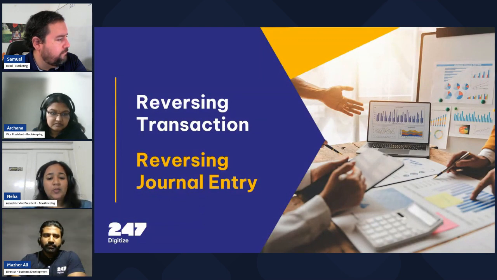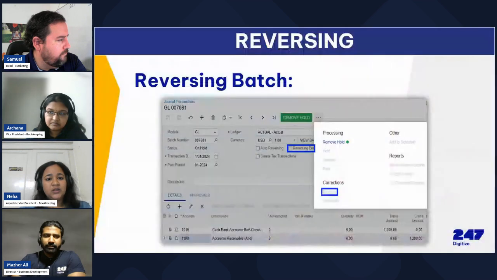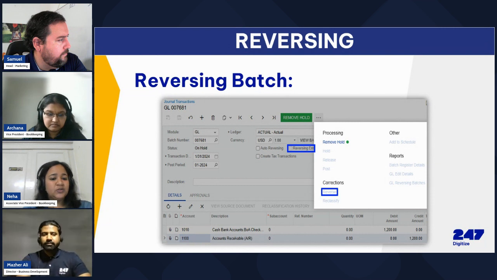Now, let's talk about how to reverse a batch in Acumatica ERP. If a batch is on hold or balance status, it can be edited or deleted. However, once a batch has been released and contains incorrect details, it cannot be corrected or deleted, but it can be reversed. To reverse a GL batch,